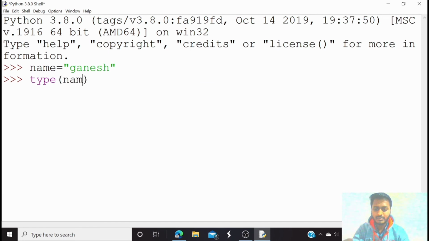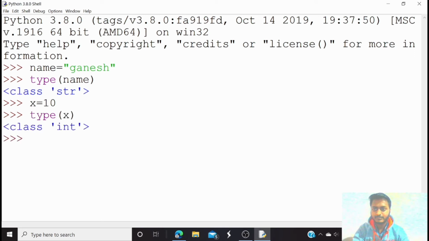Here you have to type the variable name. Here you can see the string value is assigned to the variable name. So let's try for the integer. x is equal to 10 and let's see the type of x. Here you can see the x variable is of class integer.